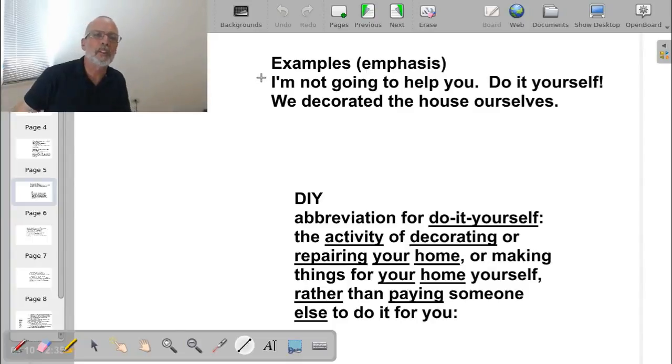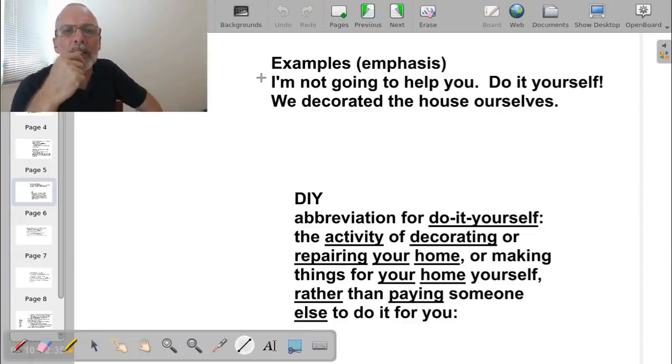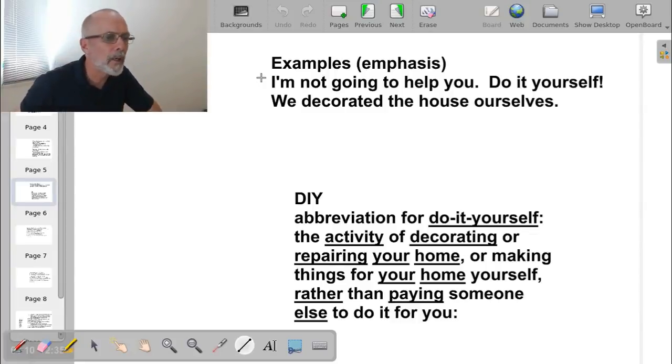emphasis. Examples of emphasis. On the previous page, we saw examples where the subject and the object are the same thing. But remember, we can also use the reflexive pronouns to emphasize things. So basically,